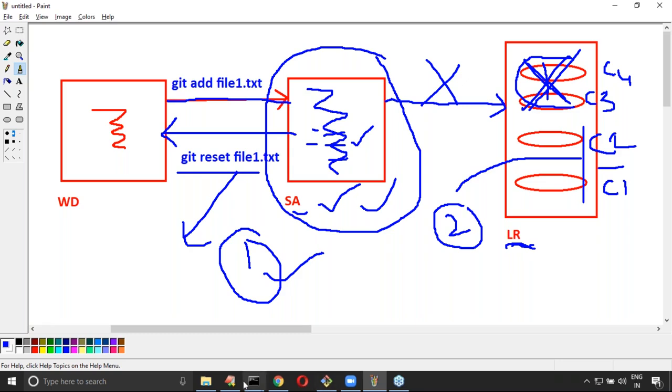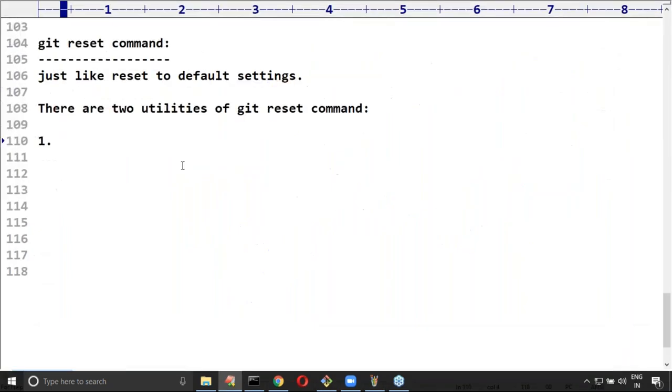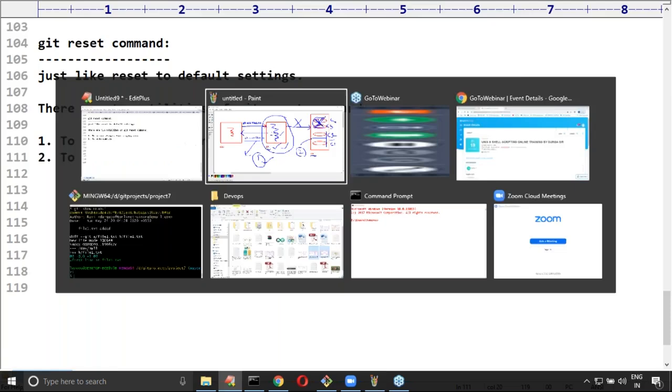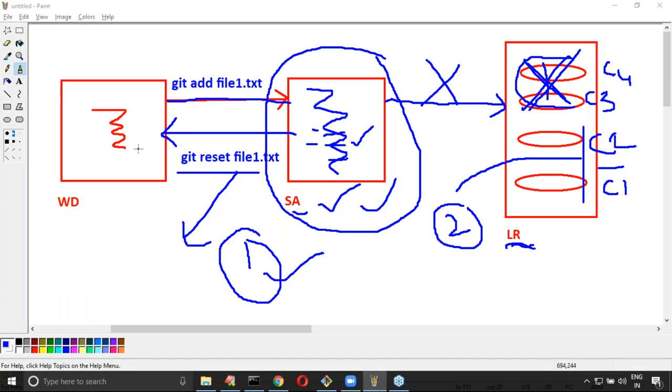Are you in the position to understand what the various utilities are? There are two utilities for the git reset command. The first utility is to remove changes from the staging area. This is the first utility. Next, to undo commits. Have you observed? The second one is to undo commits